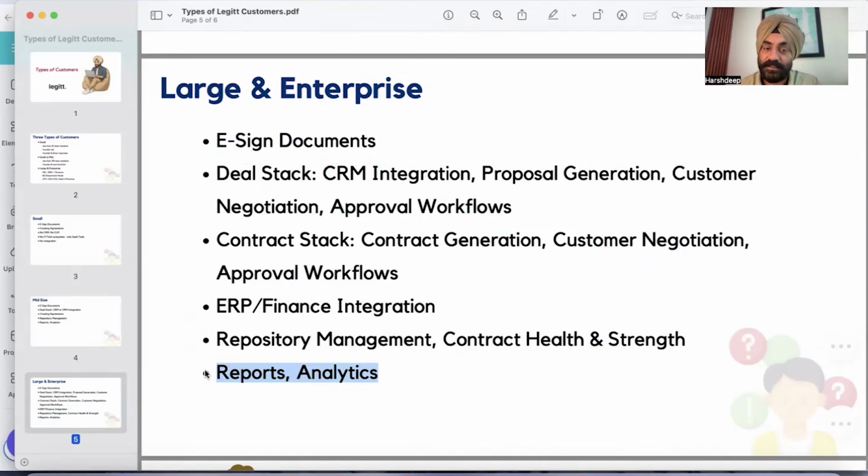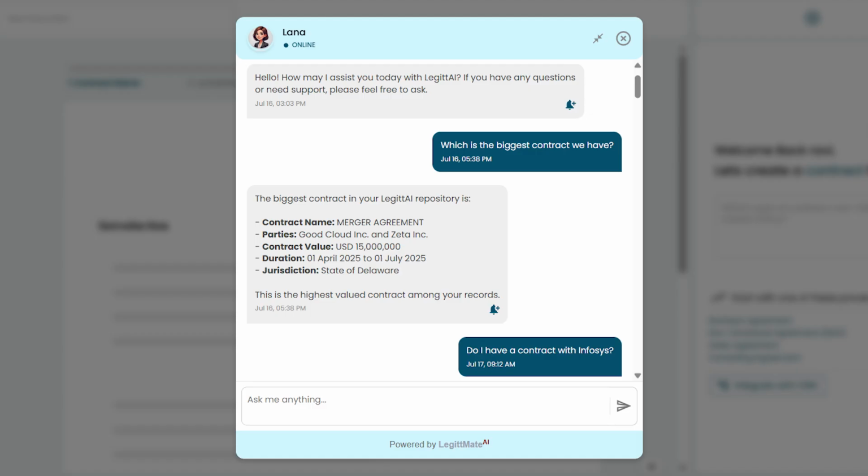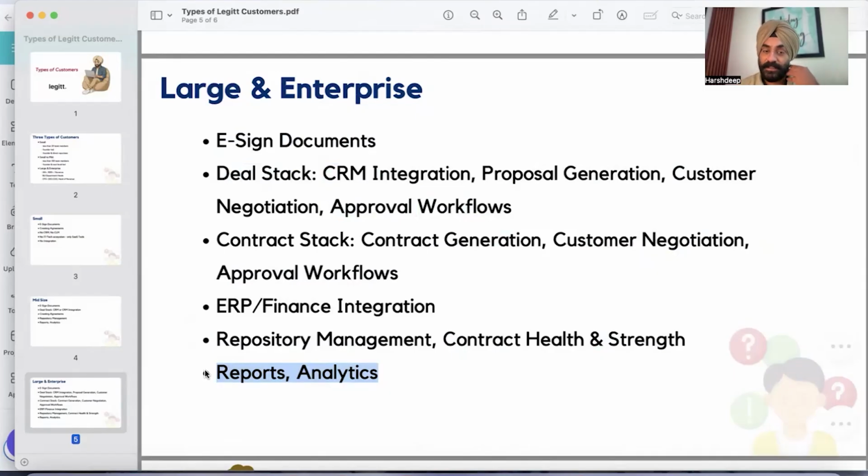It can be created in the form of dashboards or downloadable reports. You want it in a PDF, you want it in an Excel sheet, it can be created. And on top of it, there is Lana chat. You can actually chat with Lana to find information, because Lana keeps training on the content of these documents. Any information that you want, you can directly chat with Lana.